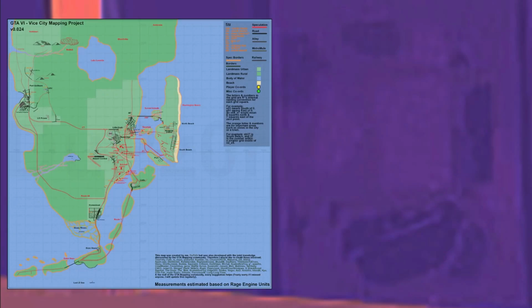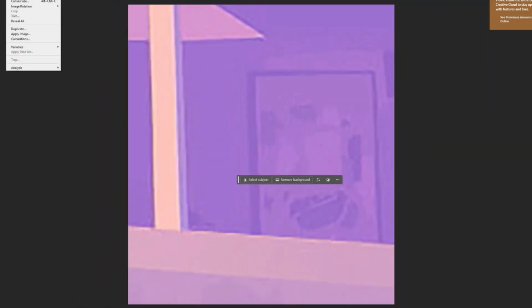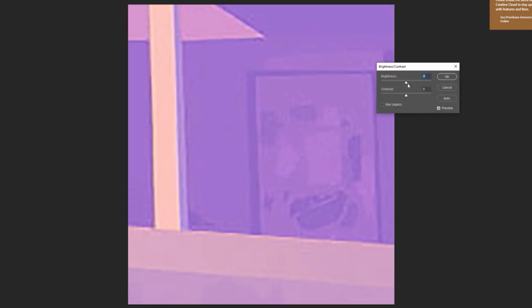Now, one fan called Nick Tech Official has decided to analyze one of the hottest topics among fans, whether the GTA 6 official artwork has the Vice City map on it or not. The discourse started a few days ago when some fans found a very small poster on the right side of the image, and claimed it was the Vice City map.